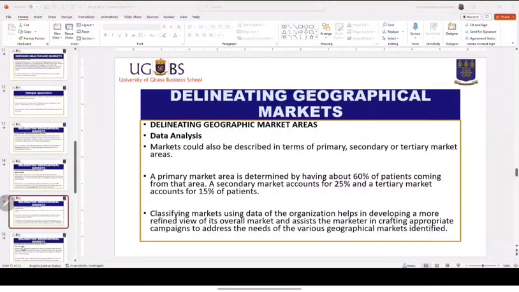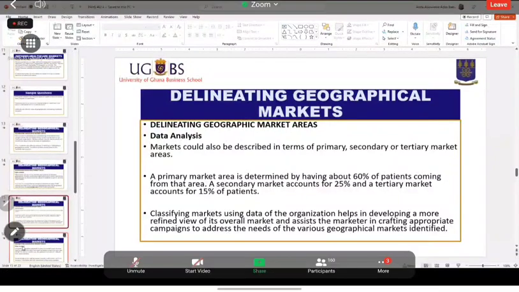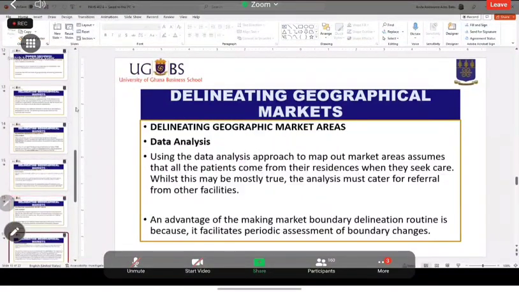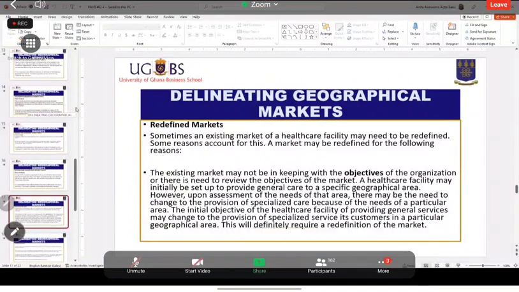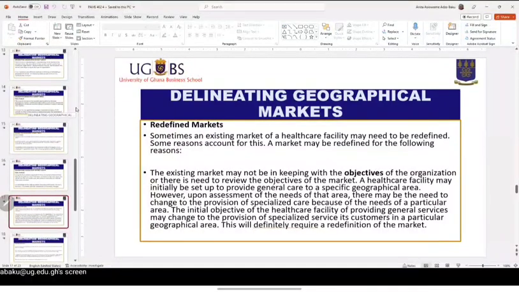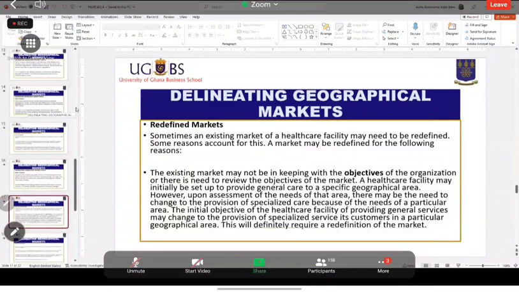So you can actually analyze data that you have collected on your patients to be able to define your geographical market. Sometimes it becomes necessary to redefine your market. When you are redefining your market, it means you already have a market, but some circumstances may have changed, and so you need to redefine your market. It could be that the objectives of your facility have changed, and so whilst you are interested in providing general services, you think that maybe providing specialist services is more lucrative. In this case, the objective of the facility has changed, and so you can redefine your market based on that